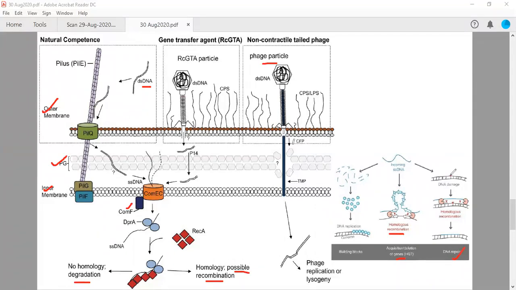So some portion will be cleaved and removed. Instead of this strand, this will be integrated. So you can see this blue segment is being integrated, instead of this black segment which is removed at this site from here up to here. So this blue region shows that the DNA repair is also using this incoming single-stranded DNA. So this will also help in integrating the incoming exogenome into the endogenome.